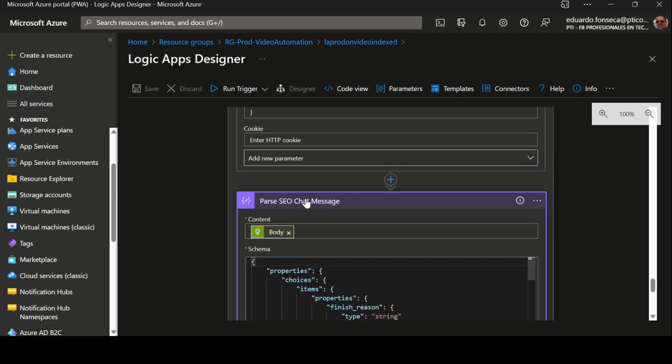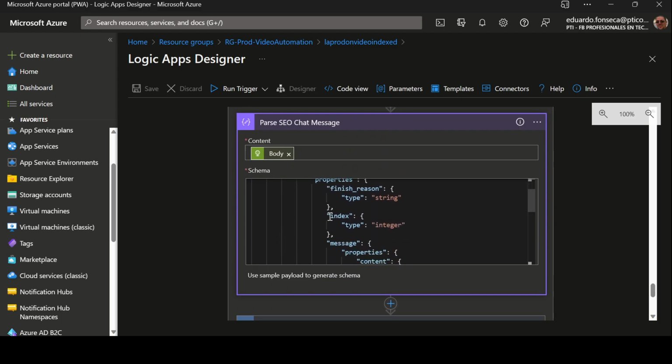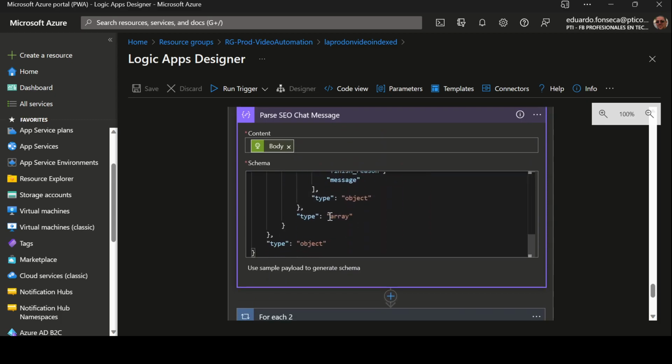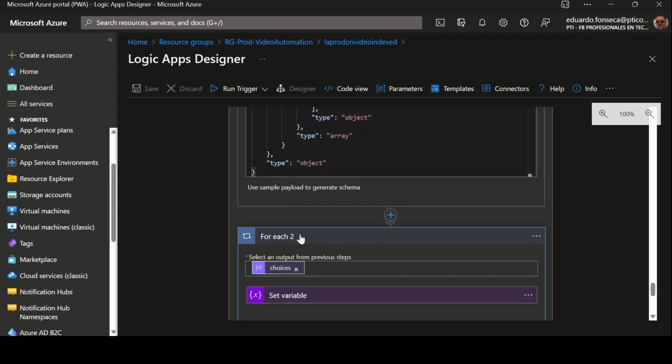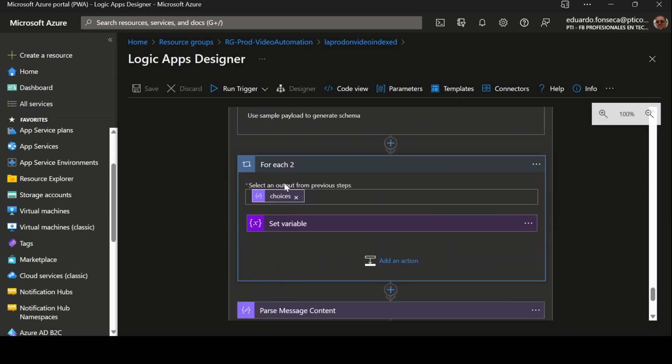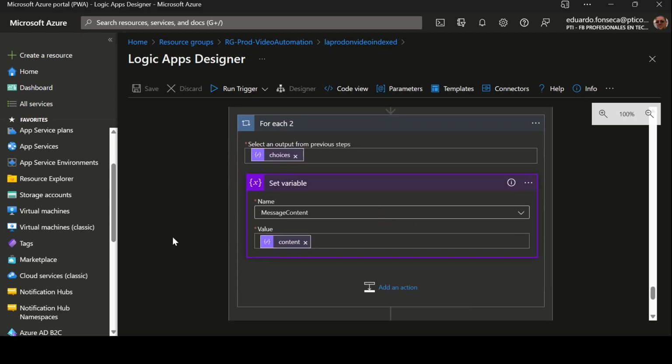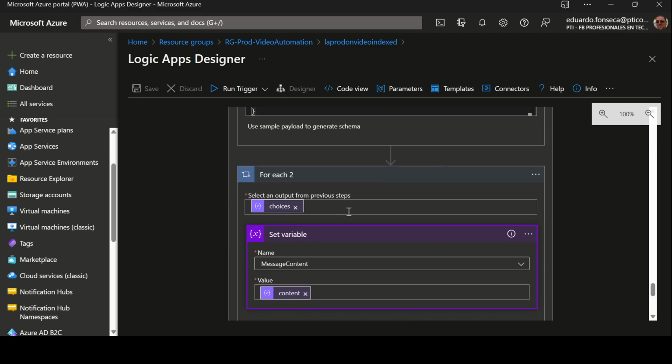Now we parse that message. We set the structure of that message, right? And then we are going to iterate through all of those choices, and we are going to set the message content variable value based on the content, right? Now in here, we are iterating through all of the choices, even if we have